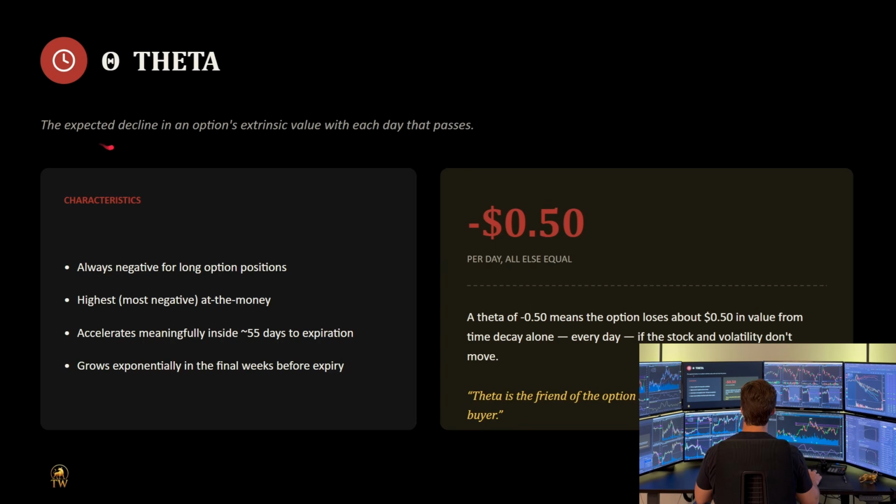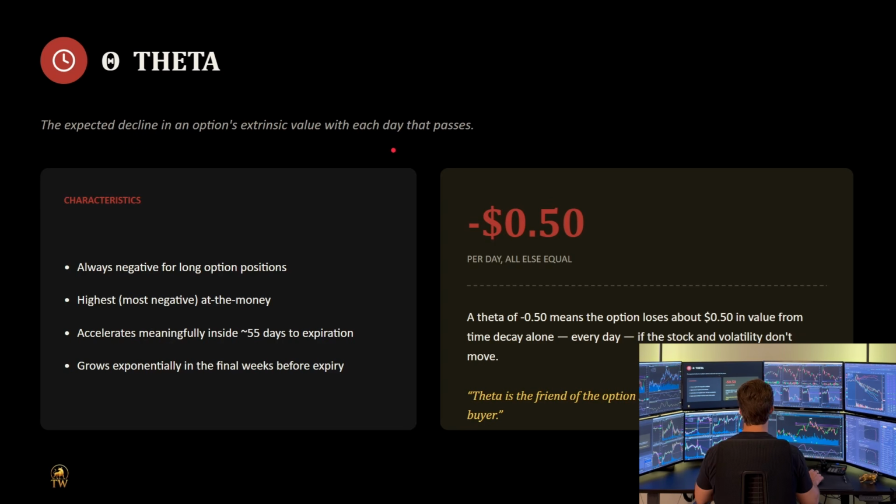Theta is the expected decline in an option's extrinsic value with each day that passes. So what is extrinsic value? Extrinsic value is just the amount of premium that is in the contract. So, a really simple example: if you have the $5 call, and the stock is trading at $7, you're $2 in the money. The option, let's say, is worth $2.50. That means there's 50 cents of extrinsic value in that option that still needs to decay and will decay by